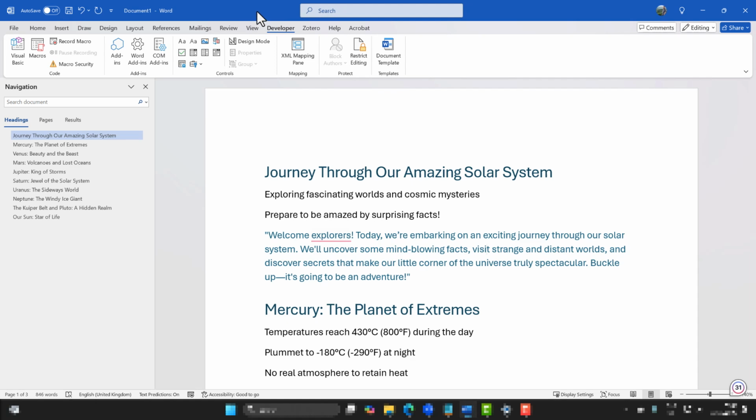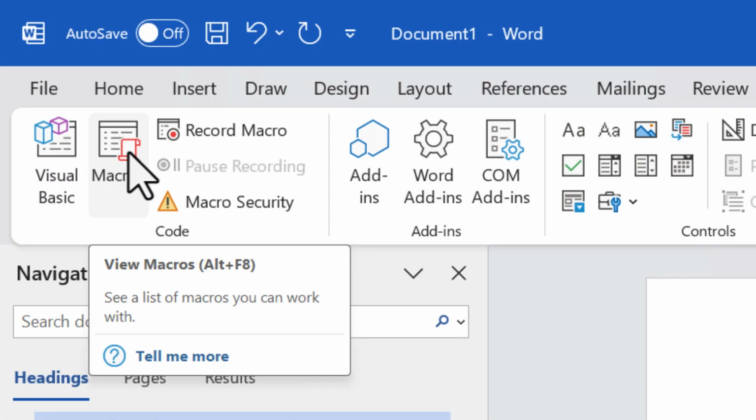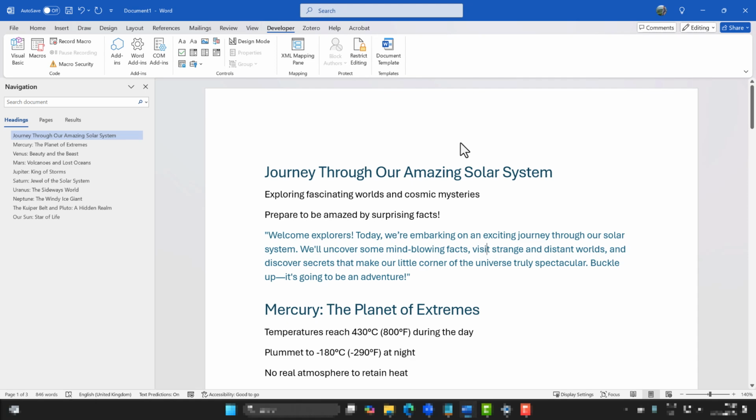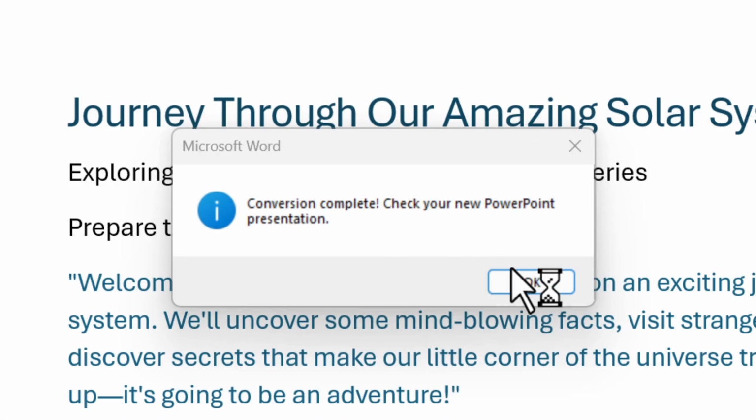Now, without any more delay, let's go ahead and click on the macros button. And we're going to choose this convert Word to PowerPoint. Okay, and just ignore all of my other macros. And we will choose run. It now says conversion complete.